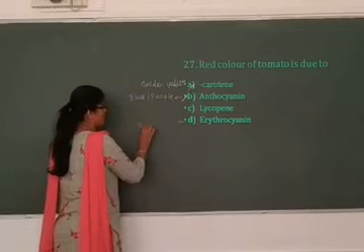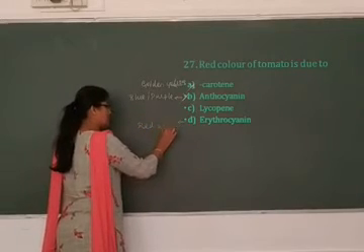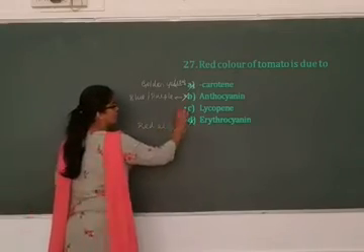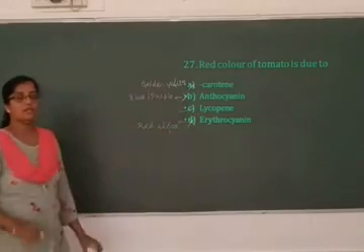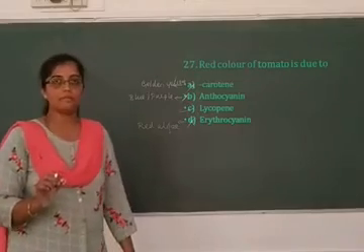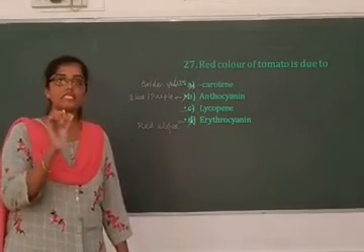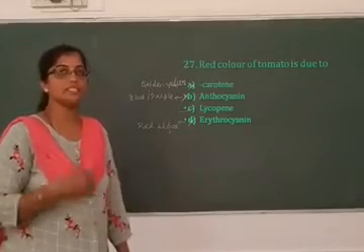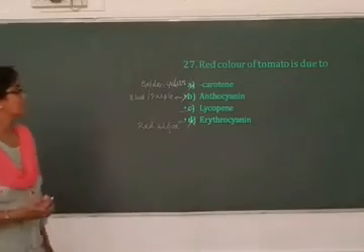Erythrocyanin is present in red algae. It's a red color pigment, but it is present in red algae. So this is also a wrong answer. Lycopene is the right answer. Lycopene is the pigment that turns green tomatoes into red. When the lycopene concentration increases, the tomato color becomes red.